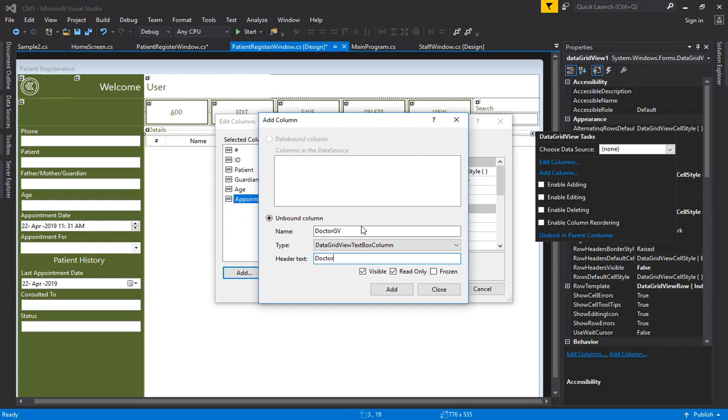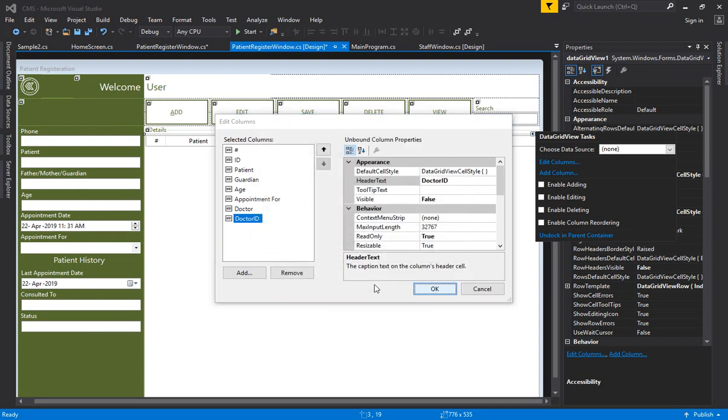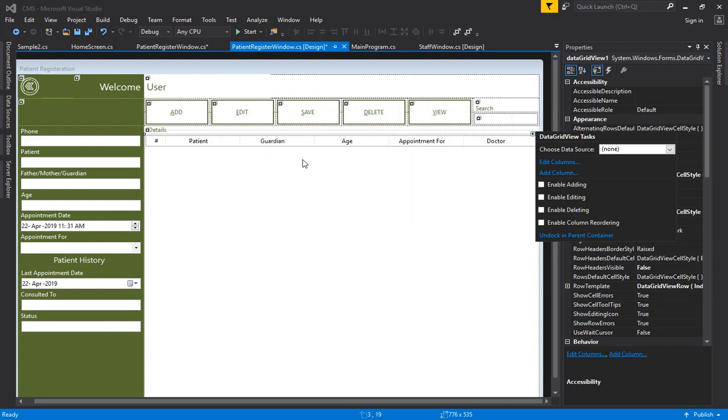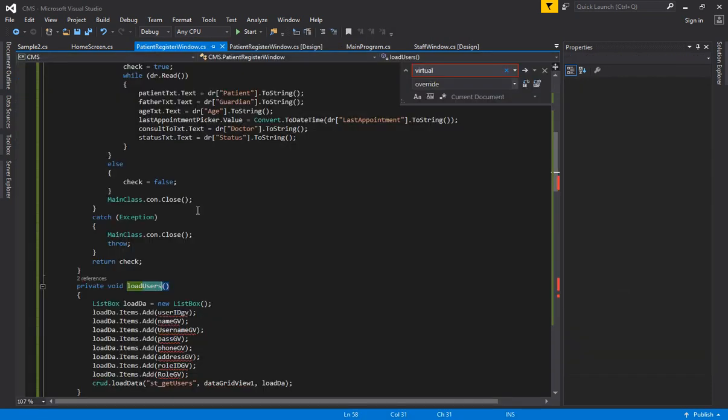Okay, and you have to specify the ID, so doctor ID GV also, and doctor ID, and it should not be displayed. So doctor ID column will also be there. Okay, now you don't need to display the last appointment details. Okay, now close everything and click OK. So now my grid view is there, and now what I wanted to do, I wanted to go inside here